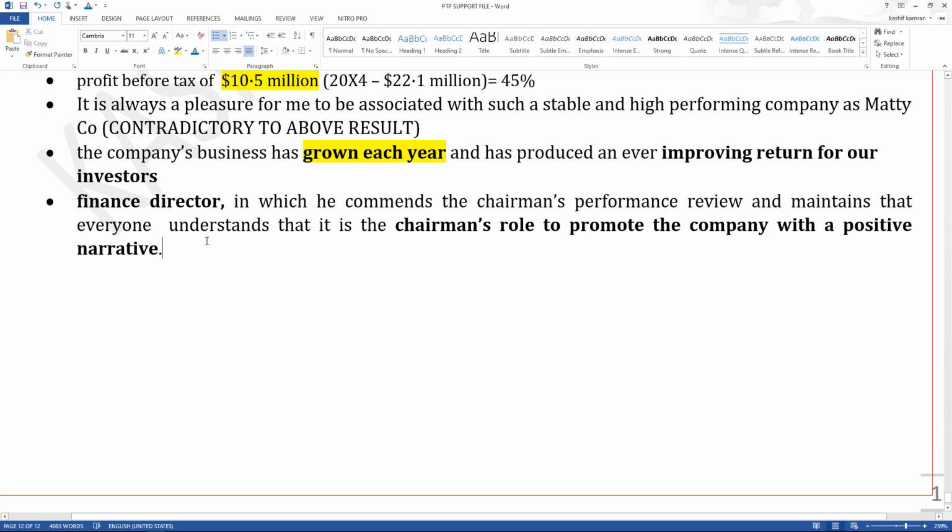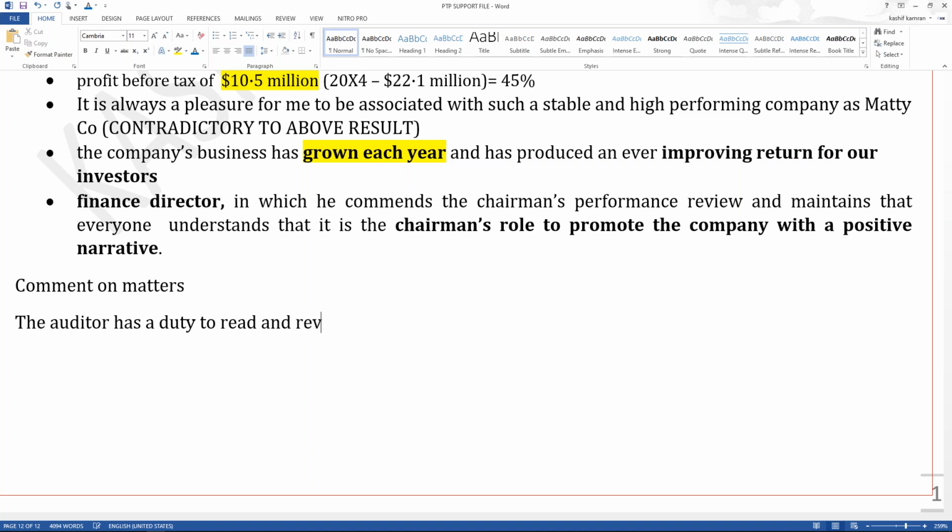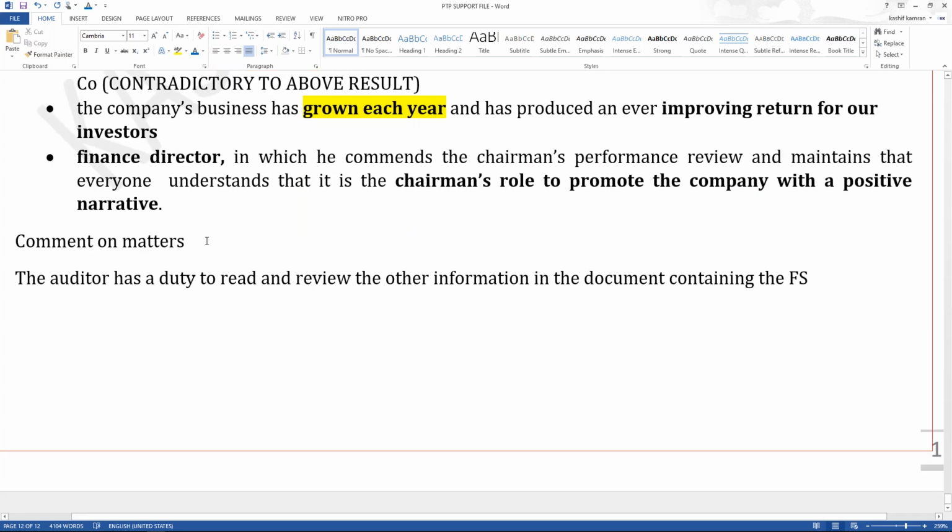So now let's comment on the matters. Now, when you start to comment on the matters, knowing that there have been some contradictory statements, is there any materiality or accounting treatment? No, right? So just go down commenting on the matters of the situation given to us. First of all, the auditor has a duty to read and review the other information in the document containing the financial statements